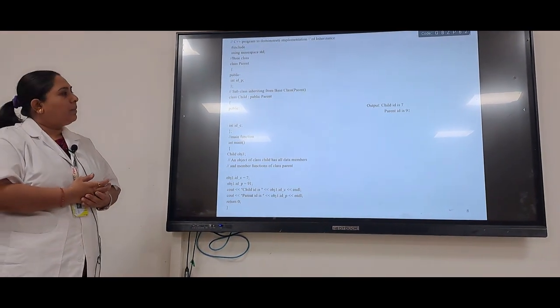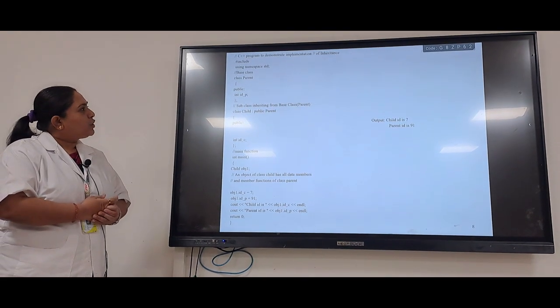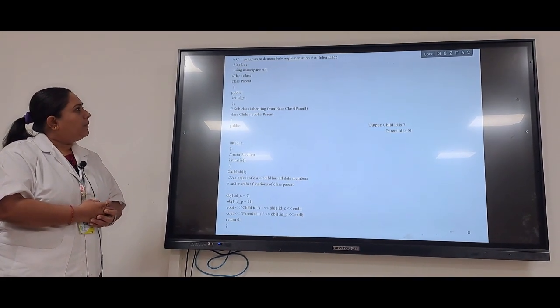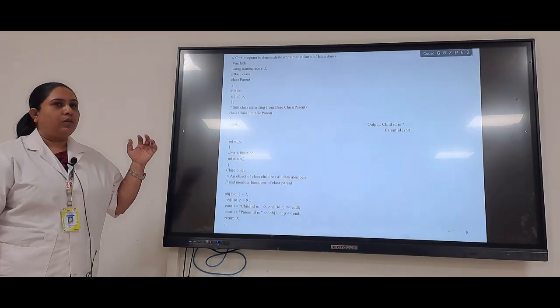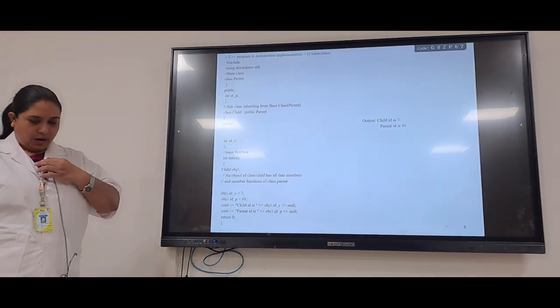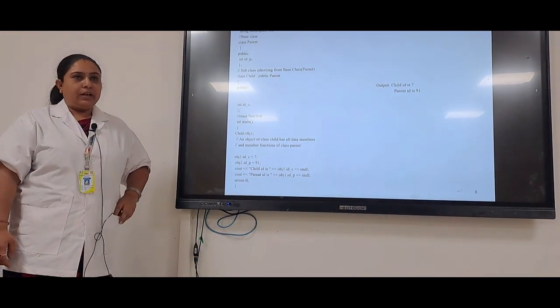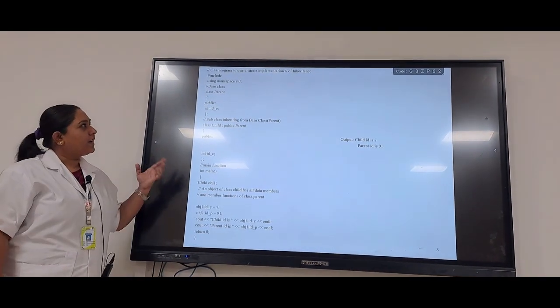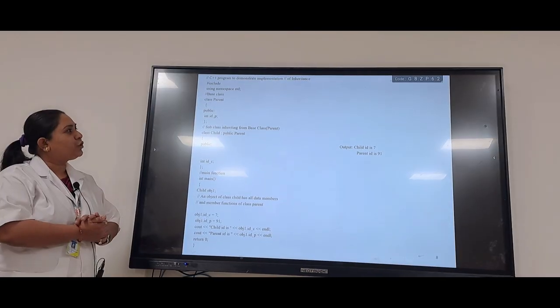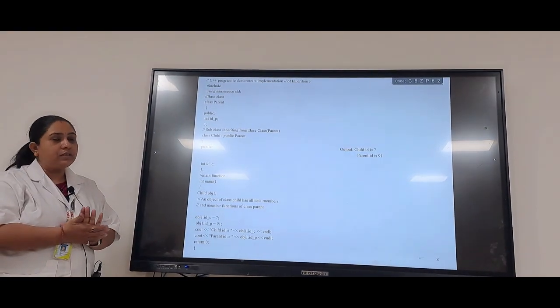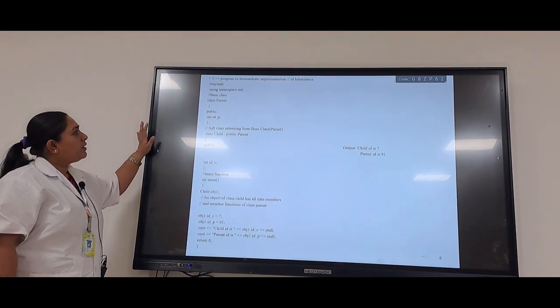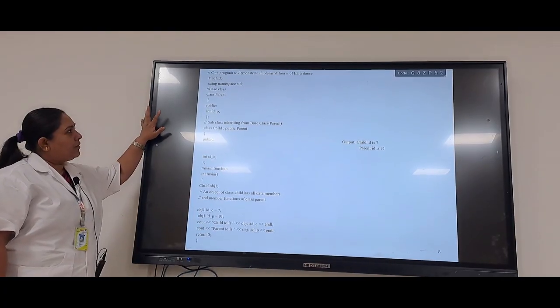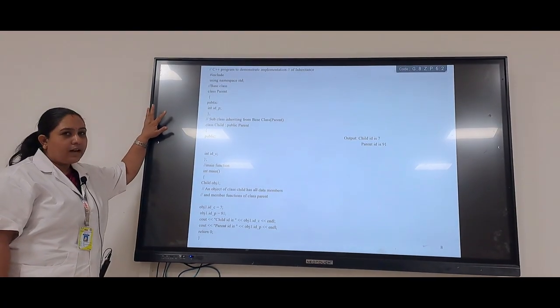Let us take a small example of how a C++ program looks using inheritance, an implementation of inheritance in C++. Here we have defined the base class.